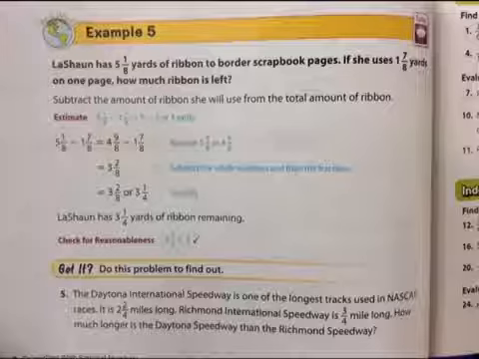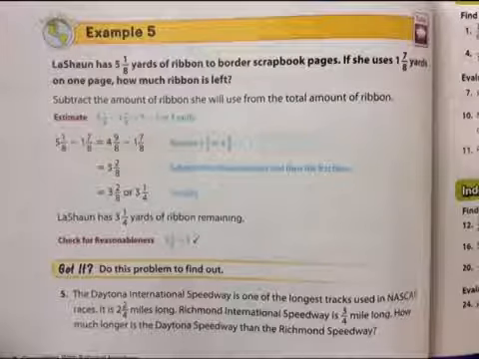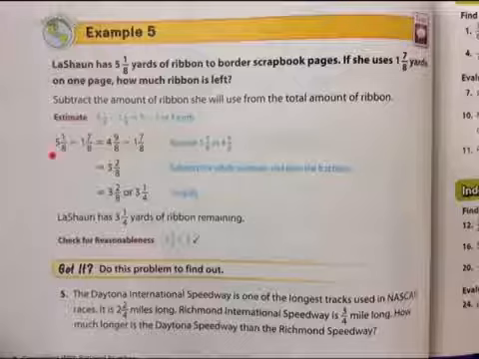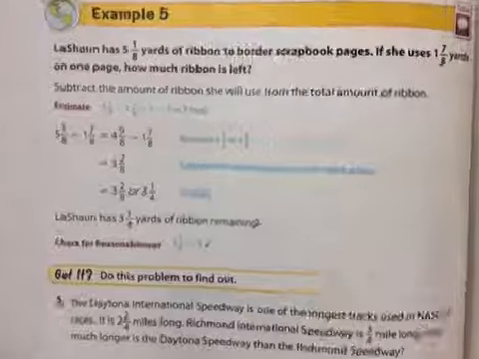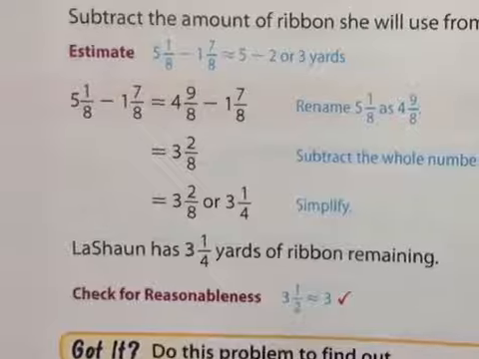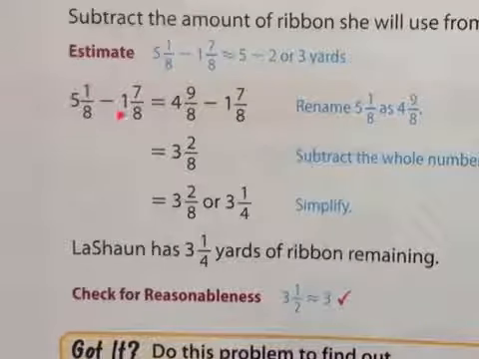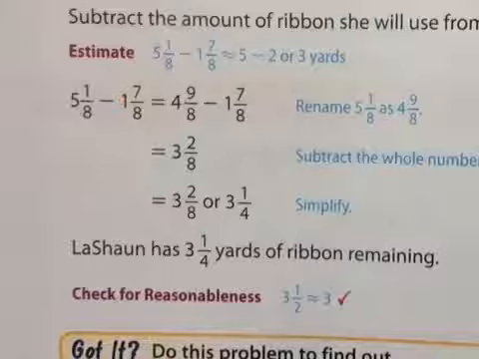Just follow the step process, okay? You estimate it first, and then you can just work directly. You can separate the whole numbers, but you cannot. Now this is something I really want you to make sure that you take note of. You cannot separate the whole numbers when the fraction of the second number is greater than the fraction of the first number, because you have to borrow from this number. So what you need to do then is change this